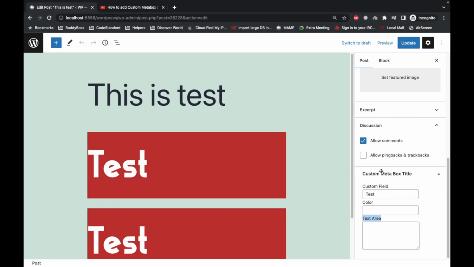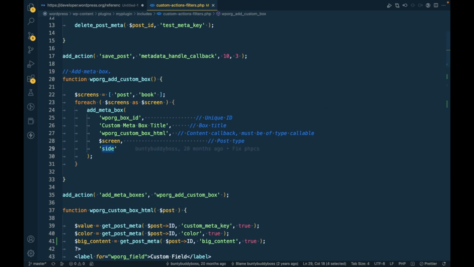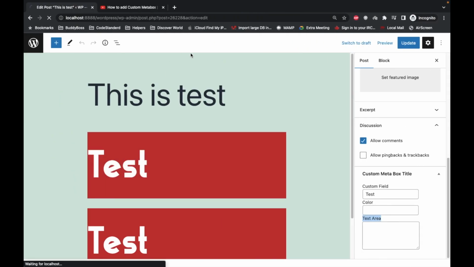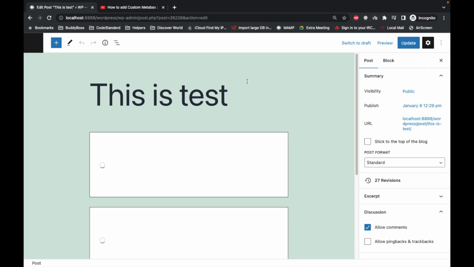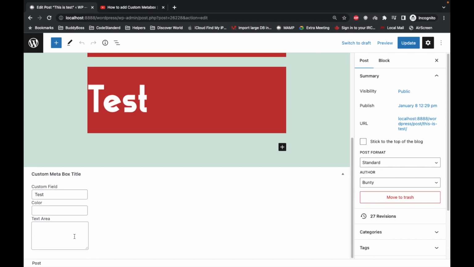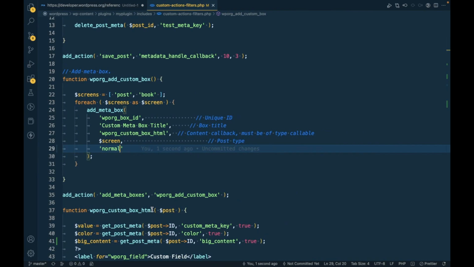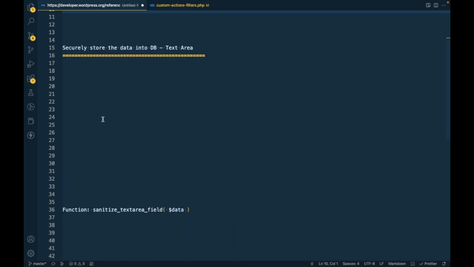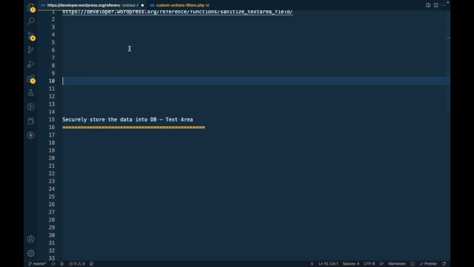So I will move this meta box from the sidebar to the main area. So let me put normal here. Okay, now our meta box is here, and now we will learn how to securely store data